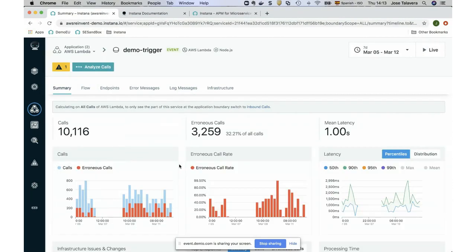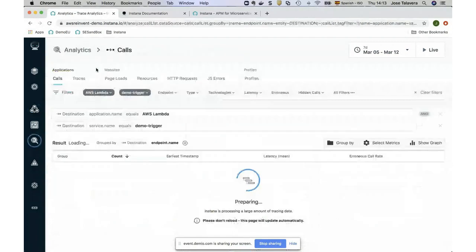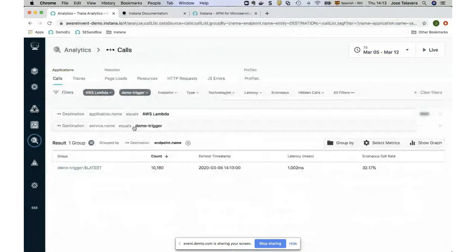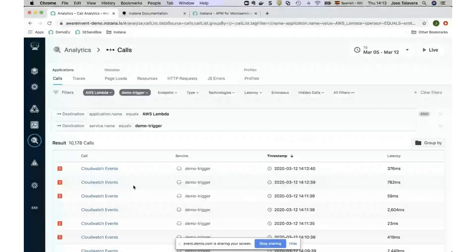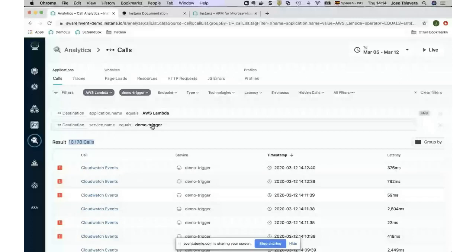So if we go back to this demo trigger event, we are looking at what happened in the last 7 days, right? And you have this blue button here, analyze calls, where you could click, and in here we will get every single call grouped by endpoint. Okay, we have one single endpoint. If we remove that grouping, we will see the list of all the 10,000 calls that were made by this